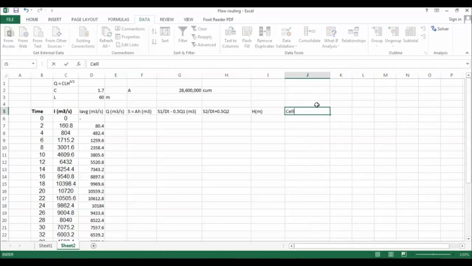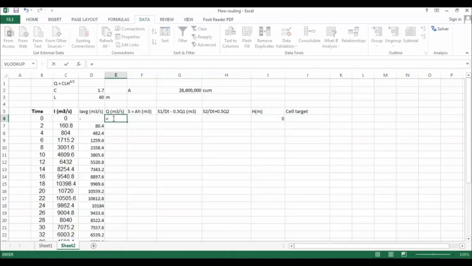That is the one that helps us to iterate the flow routing approach, and to find H which corresponds to a given change in storage value. So in this cell target what we do is we directly calculate this value from area and the discharge calculated here. So if we assume our H to be, or if we start with 0, then we can calculate Q